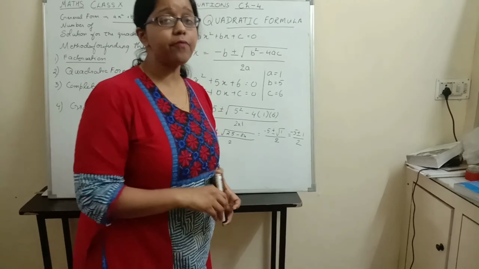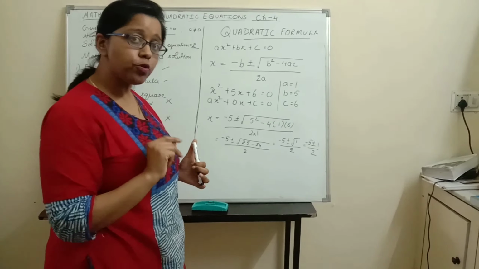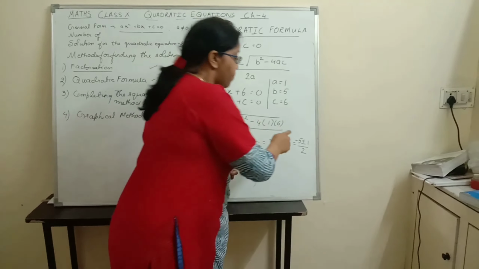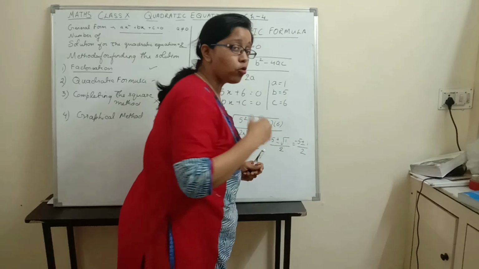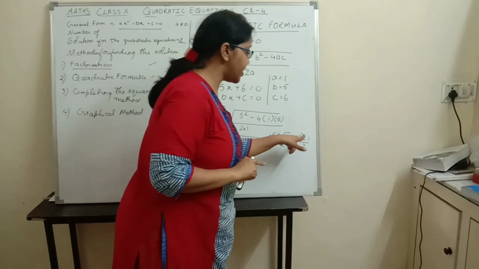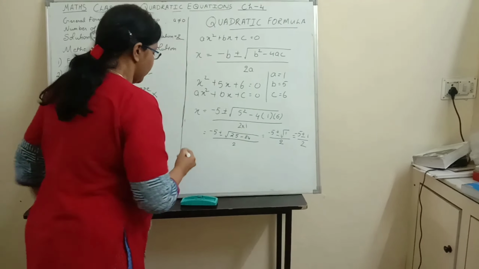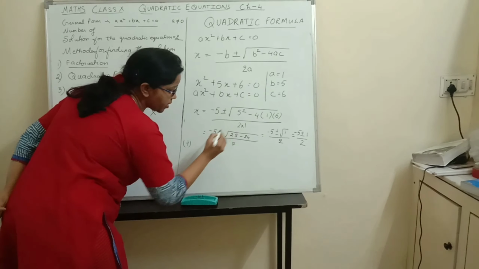It shows that we have to find the two zeros. We already know because the power is 2. So first we will find both the zeros. First one by taking plus and the second one by taking minus. Let us take plus. Then what will it become?